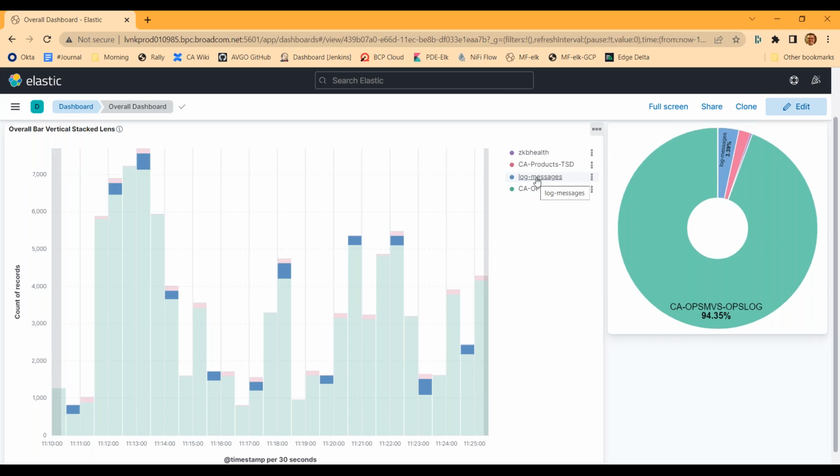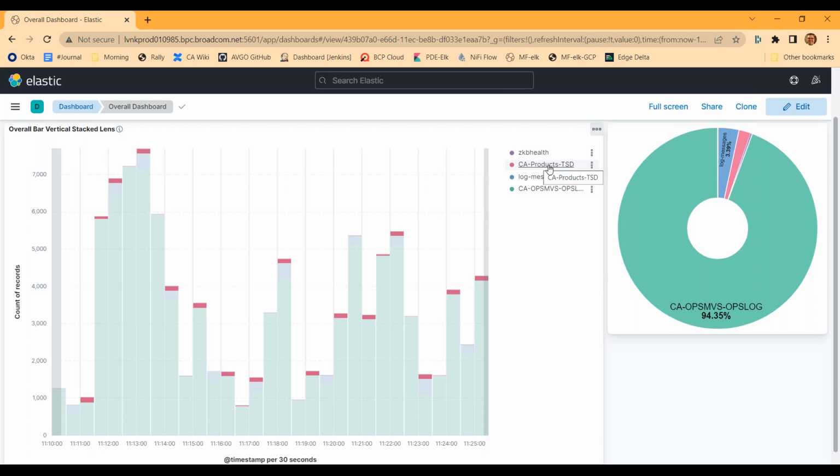We're basically streaming that in via Kafka to Elasticsearch, and so you can see that a smaller portion of these records are coming from Kubernetes, Linux off platform.